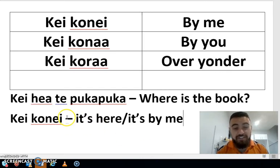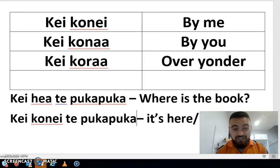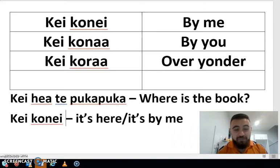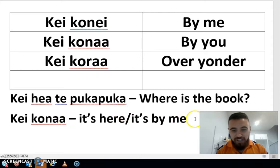You could extend on that. You could say kei kōnei te puka puka, just to fill the sentence out a little bit more, but you don't really need to. So that's the first example of how to use that. Kei hea te puka puka, kei kōnei, it's by me. The next one is kei kōna. So it's by